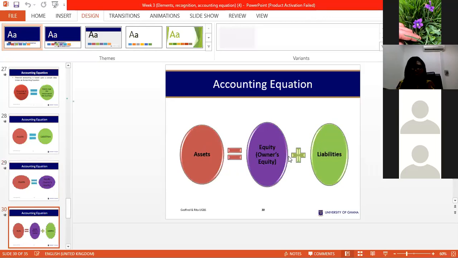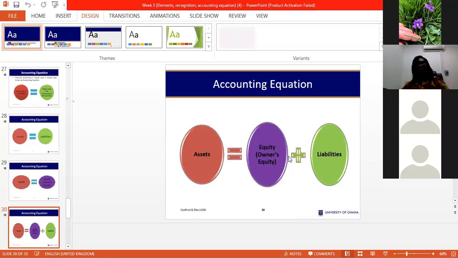And the terminology we use is assets is equal to equity, okay, owner's equity plus the liabilities. So at every point in time, the assets should balance with it. So the business is balanced. On no occasion should the resources of the business be less than what the business owes. Then at that point, when the business has to wind up, what would the assets do? So that is the challenge. Okay. So every time it must.